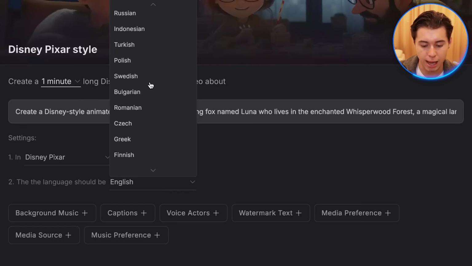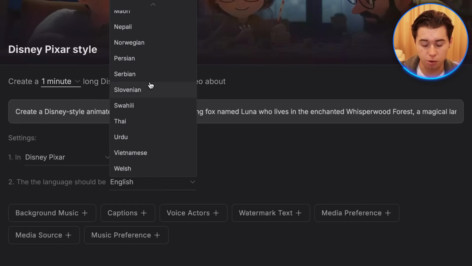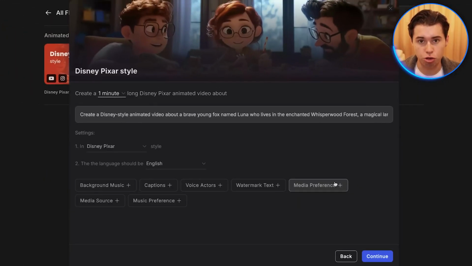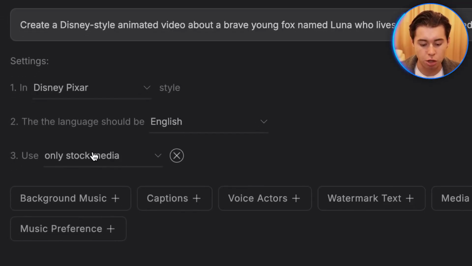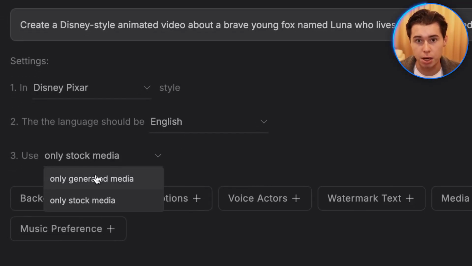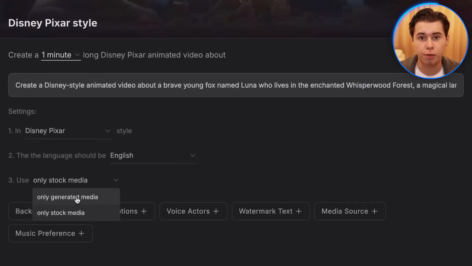If I want to change it to any other language, just know that it's possible. Simply select the one you'd like to go with, and that goes for any of the additional features. Now what is very important is that you click on media preference, and then here you want to change only use stock media to only generated media. By doing this, you'll make sure that they're not taking any footage from their B-roll library, but instead they're only